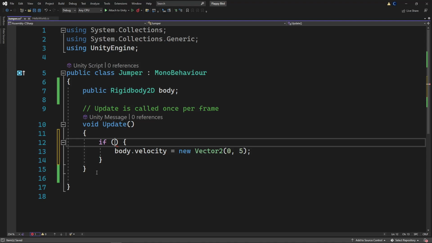Now I want to make this code actually work conditionally, because right now there's nothing in there, so it's going to give me a compilation error. So we want to do space. We want to get access to a Unity function called getKeyDown. The way it works is it returns true if this exact frame we started pressing space, and it returns false every other frame. This is very common in Unity code. We'll get used to this a lot if you make more games, which I highly recommend you do.